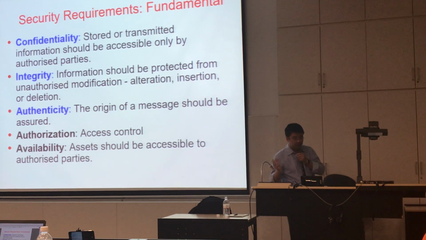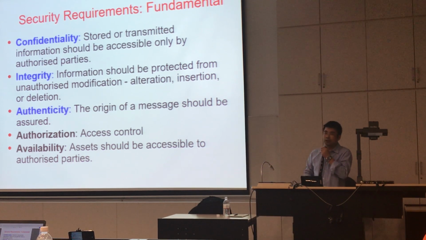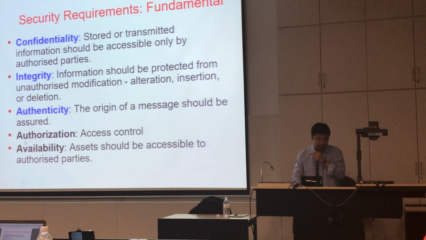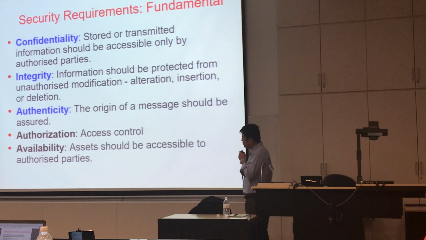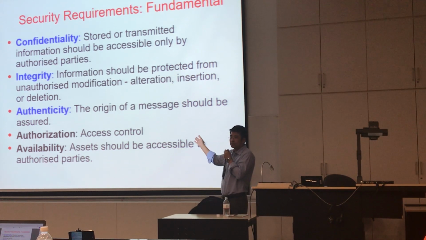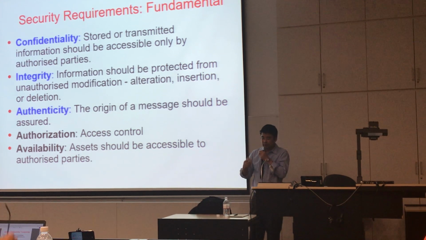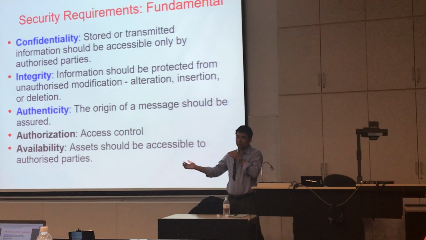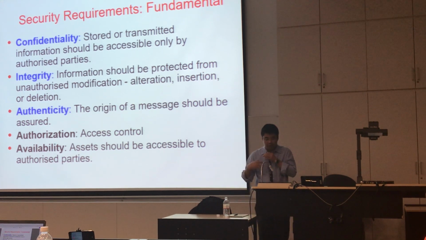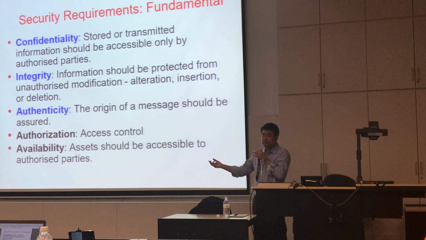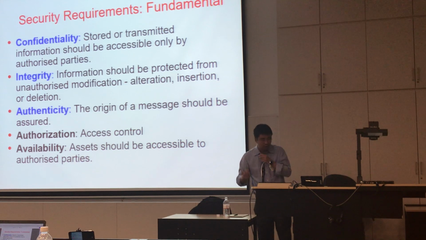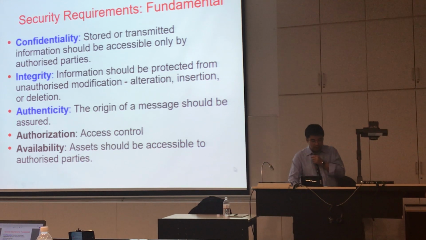Right? So these are the three basic requirements: confidentiality, integrity, and authenticity. And then we may also need authorization, access control. If you study 262, you should know the difference between authentication and authorization. Authentication means I verify this message is indeed from Alice, right? Authorization means after I verify the identity of Alice, I will determine what actions are allowed for Alice, right? So they are different. Authorization is mainly for access control. This is a topic of 262.